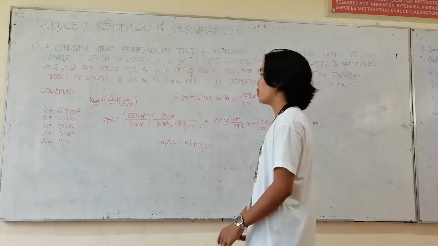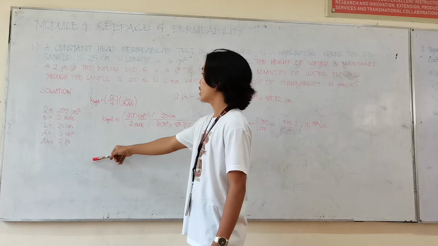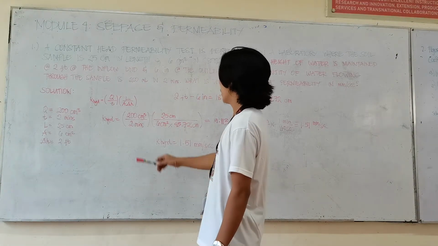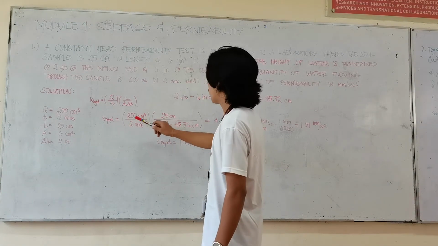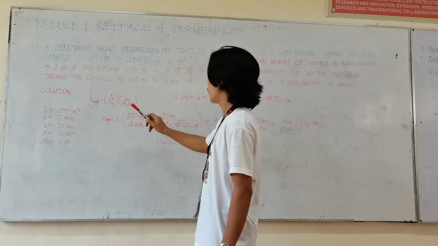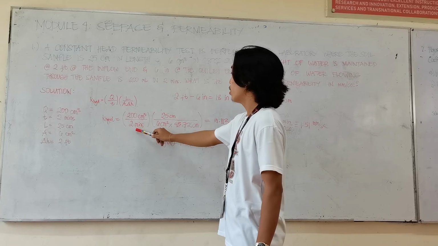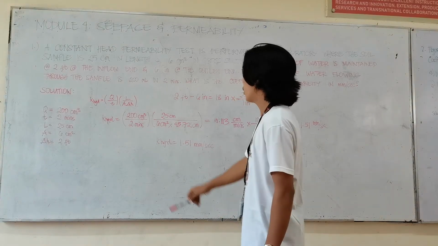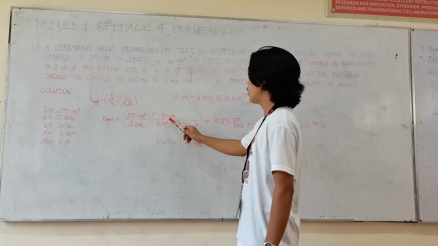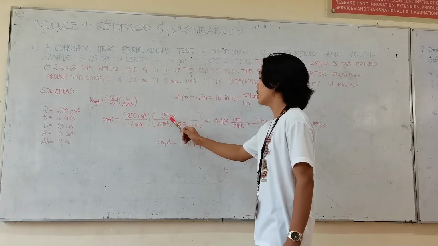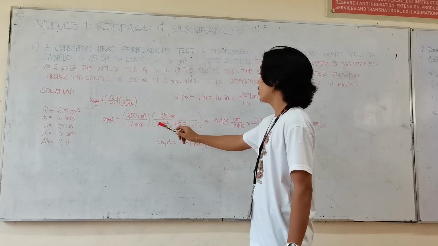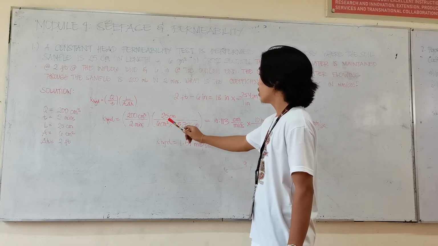So we're just going to plug in these values since they are given. Coefficient of permeability is equal to the amount of water, which is 200 cubic centimeter, over the time taken, which is 2 minutes, multiplied by 25 centimeter, which is the length of the soil sample, all over 6 centimeter squared, which is the cross-sectional area,